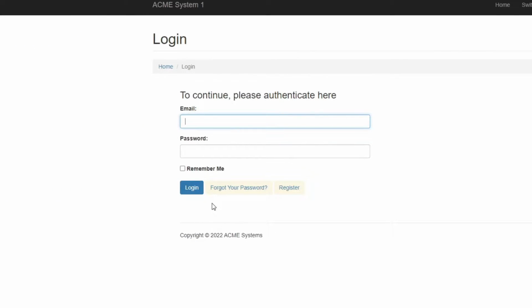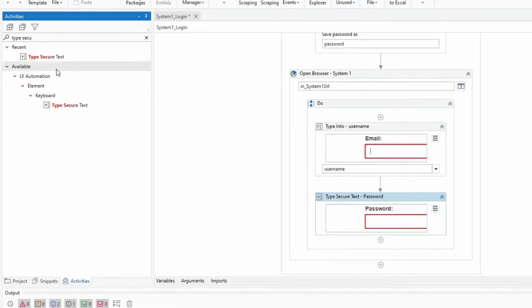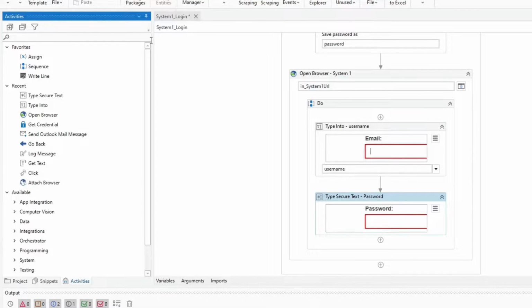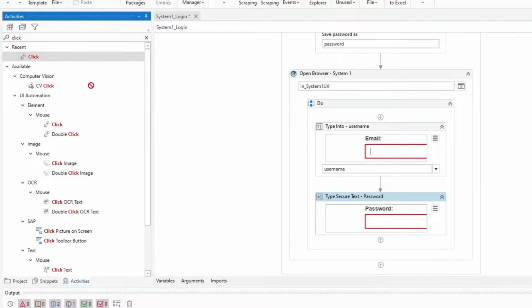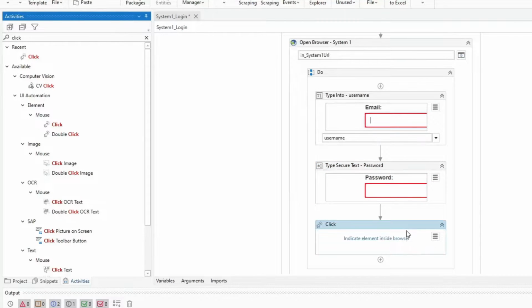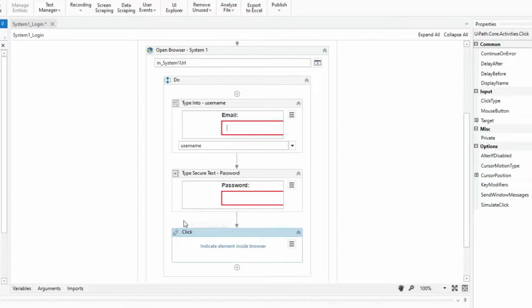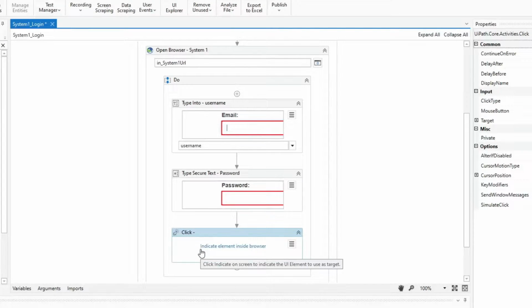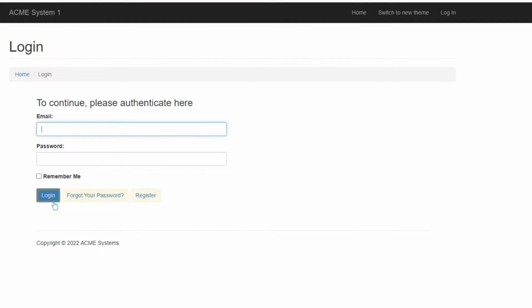And to do that, we will use the click activity. So going back to Studio, search for the click activity, drag it to our workflow, and then I will update the activity title to indicate what element I am clicking. So now I will indicate the login button